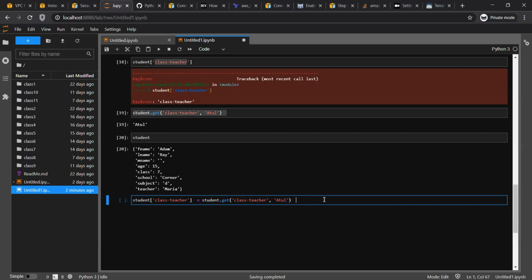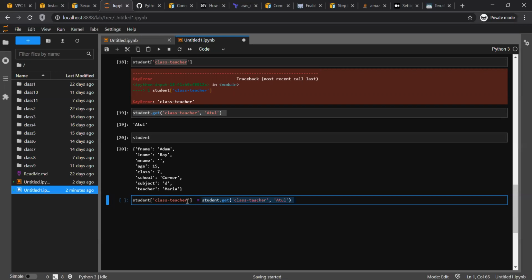Now this will do that magic, whatever you are expecting. What it will do, it will check first. Always in Python, Python first tries to solve the right hand side. So come to the right hand side. What the right hand side says is, if a student has a class teacher, then it's okay. Assign that class teacher value to class teacher.